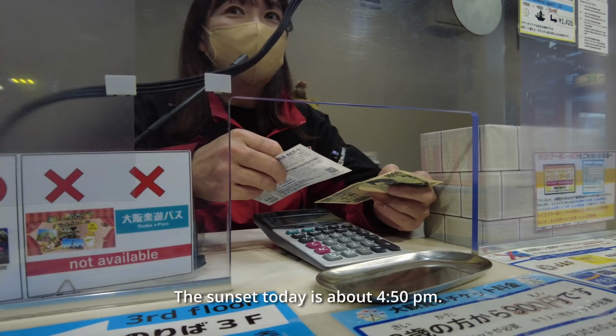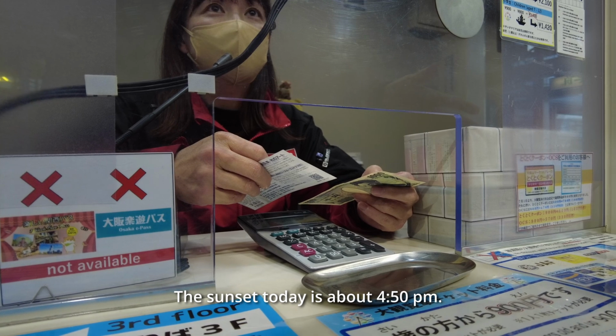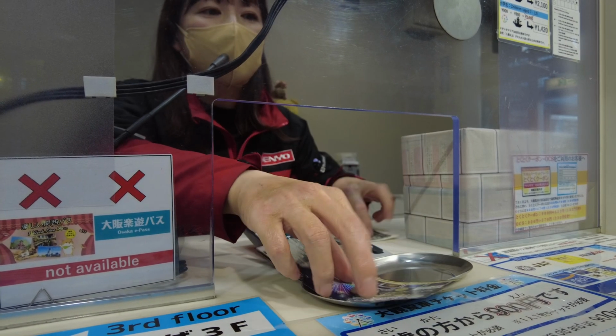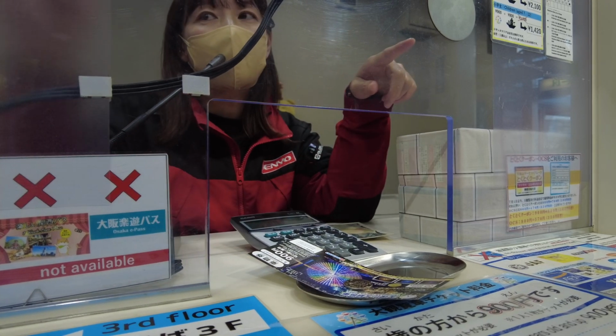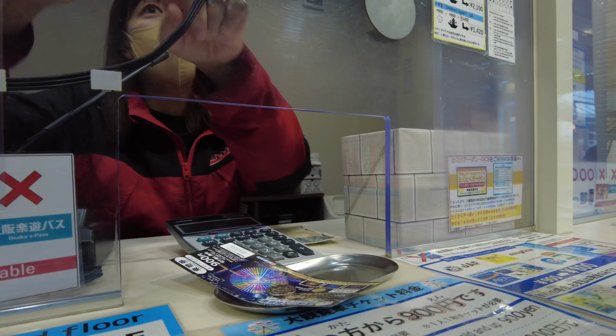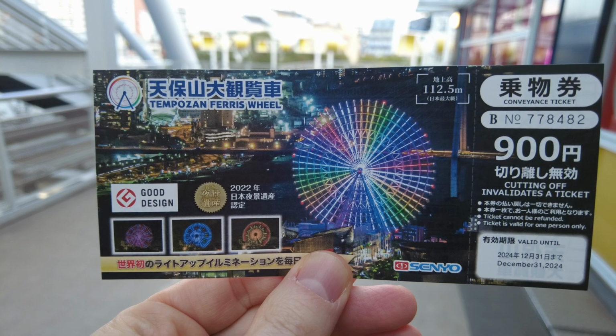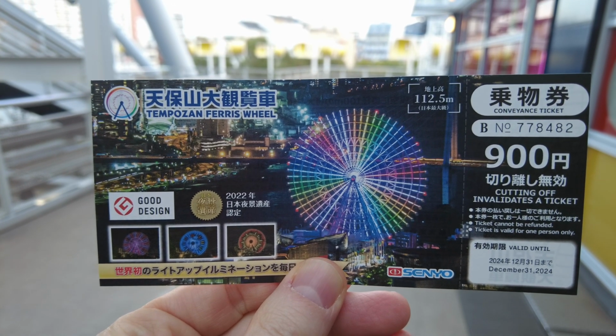Okay, okay. So the total about 15 minutes. So to the top is 7 minutes. Okay. Okay, I've got my ticket, and the reason I'm here at this time is because the website